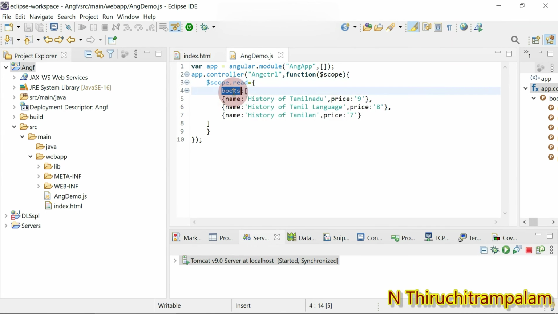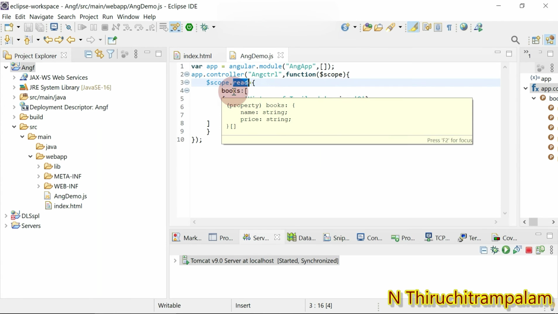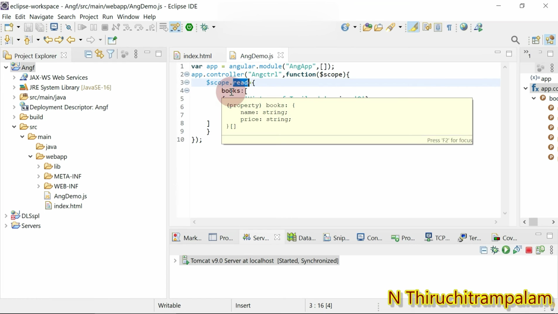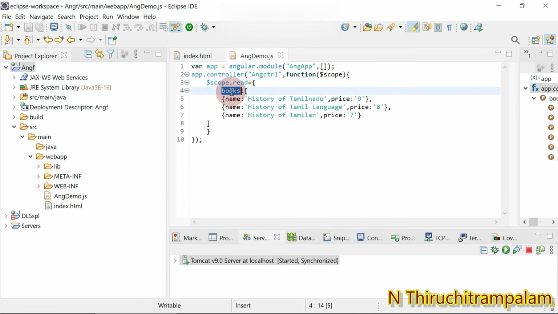We gave it as books, right? So read is a property name, and in turn this read property has an array of objects. So that array of objects got stored in this books. All right, so that's a change that's been done.